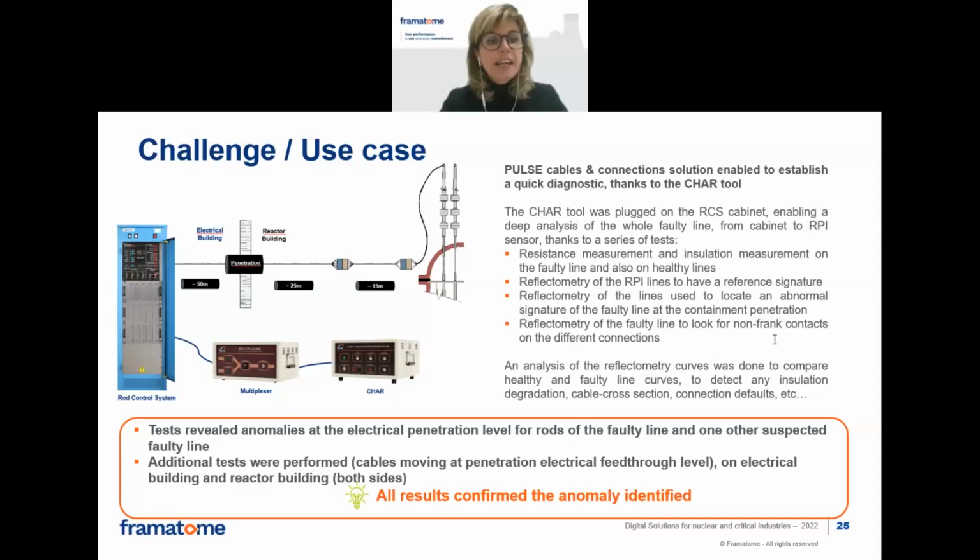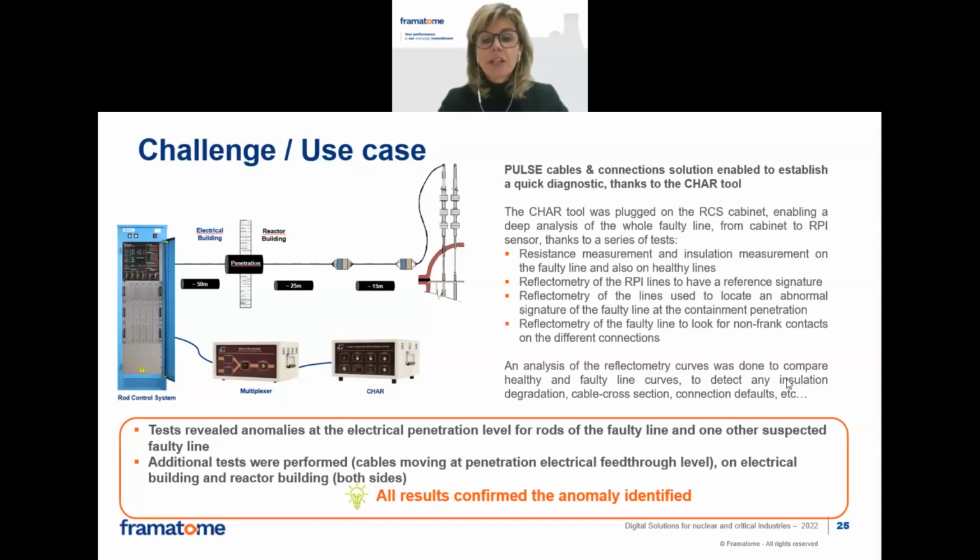So you can see here on this slide the diagram with the setting up for the road control system pulse cable and connection expertise that we provided. And it is exactly how we plugged the system. So the care tool that was used for this pulse expertise was plugged on the RCS cabinet at the rear